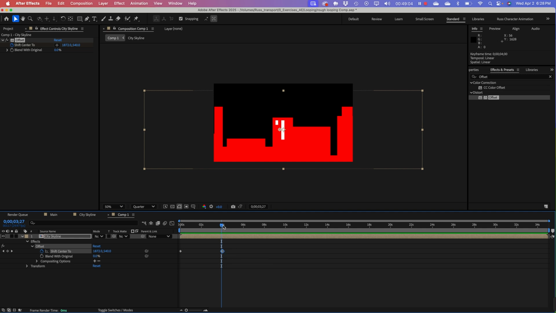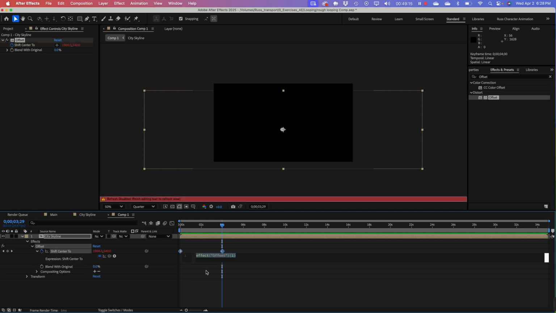So if I select that keyframe, come over here to Shift Center 2, hold down the Option key and click on it, we get,